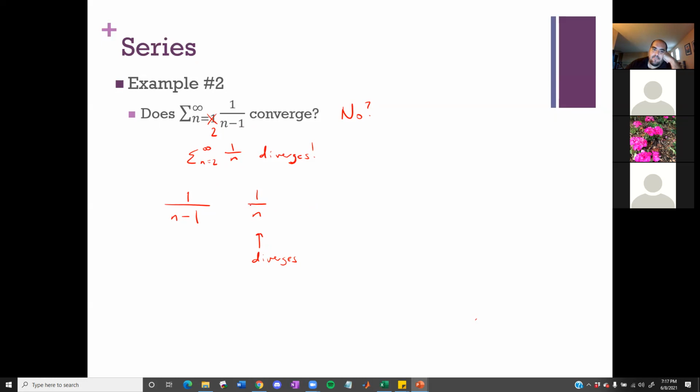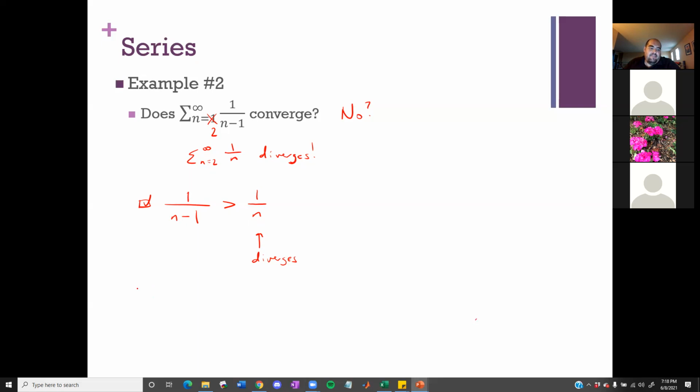It needs to be larger. And is that true? Is the left larger than the right in this case? Yeah. For the same reason, the denominator is smaller on the left. So here's my first piece of evidence. I have a known series that diverges, and I have the series I'm trying to gather evidence about. That sequence is even larger.